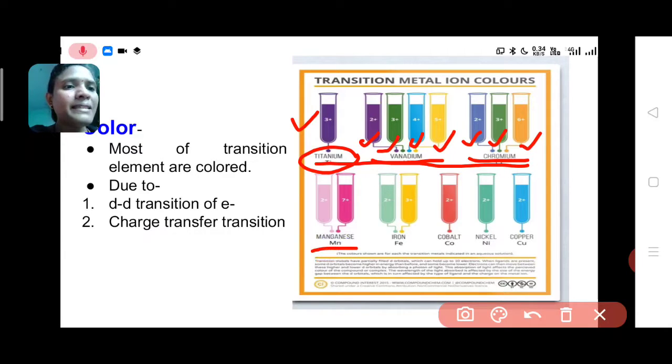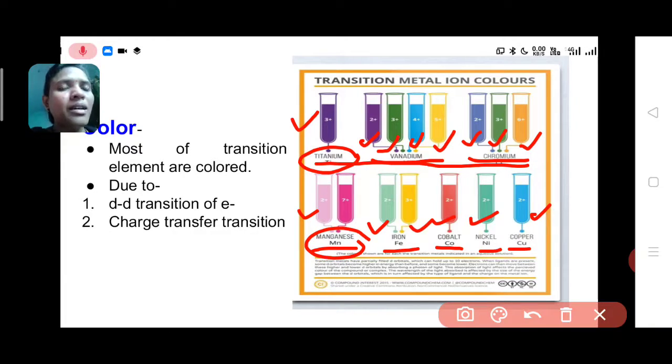Same it is for manganese, iron, cobalt, nickel, copper. You know copper is blue color in +2 state, nickel is grey color at +2 state, cobalt is reddish color at +2 state. Same way iron shows 2 colors, light green color in +2 state and yellowish color in +3 state. Same for manganese, light pink color in +2 oxidation state and pinkish color in +7 state. So it depends on variable oxidation states. The colors of transition elements vary.